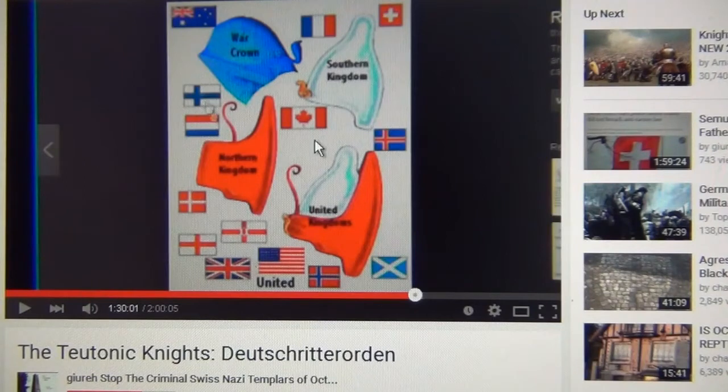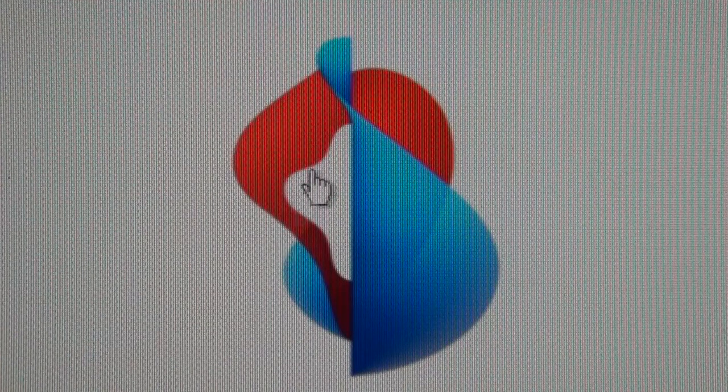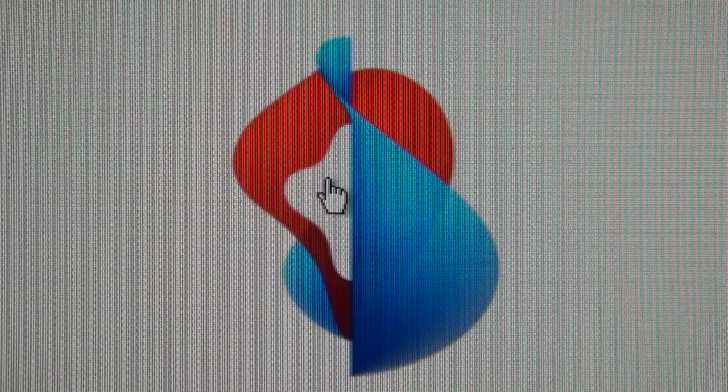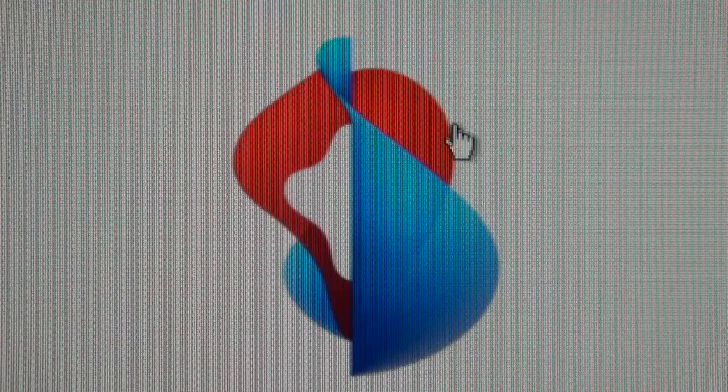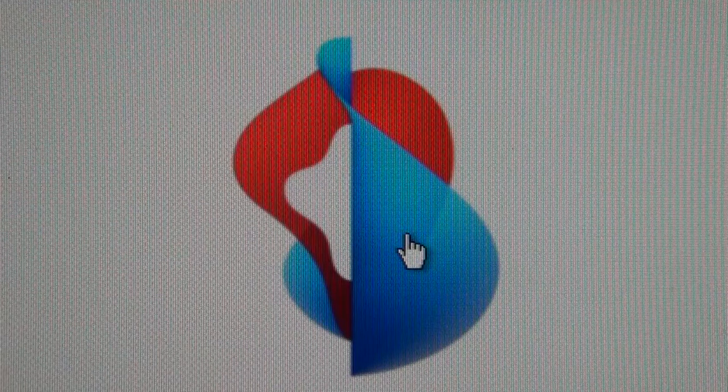And then in the Swisscom logo, there's the war crown, showing face down. All the elements are there, and I'll explain it to you. So here you can see it. The red and the white crown is seen from above, and the white crown in the middle. Even these waves are in it, which you can see on the red crown. And here is the blue crown, which is facing down, the war crown.